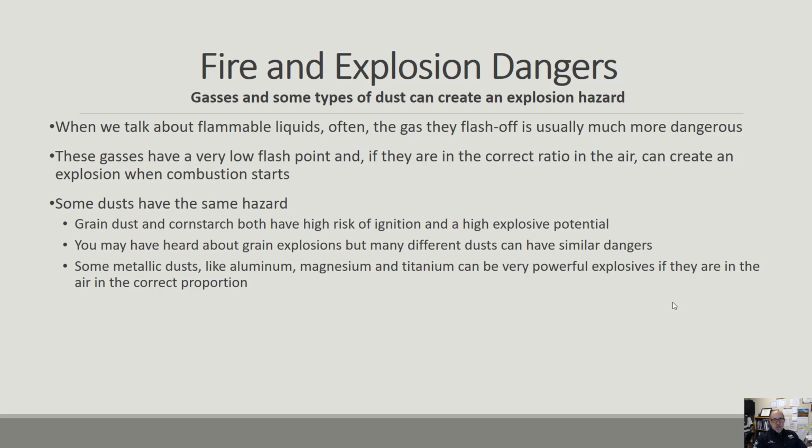Grain dust and cornstarch both have a high risk of ignition and high explosive potential. You may have heard about grain silo explosions, but many different dusts can have similar dangers. Some metallic dusts like aluminum, magnesium, and titanium can be very powerful explosives if they are in the air in the correct proportion. There's a local knife maker that years ago